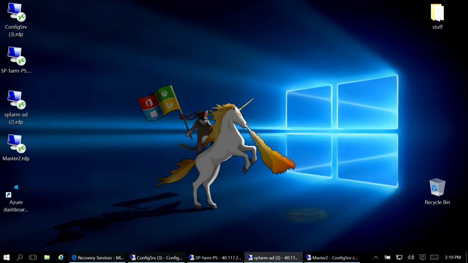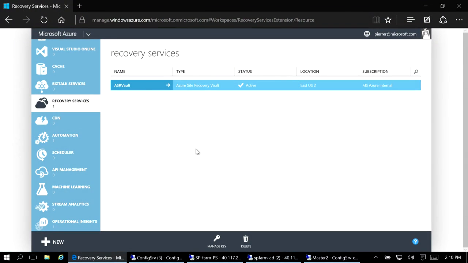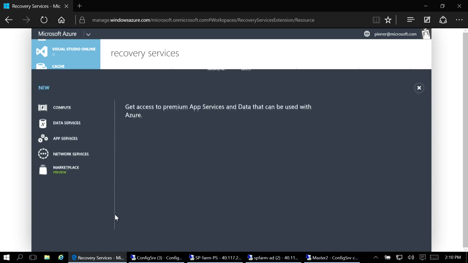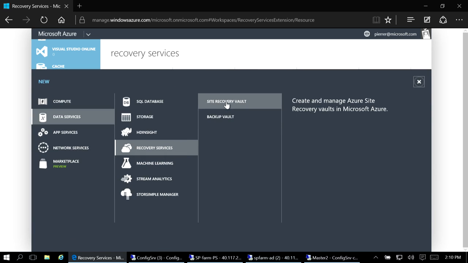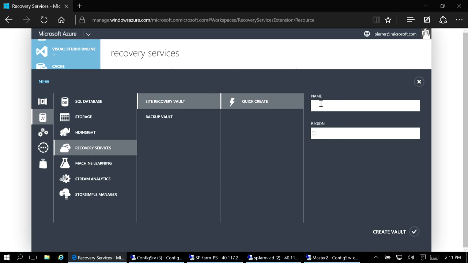So if I look at my recovery services, my Azure portal, straightforward. In the data services, recovery services, you can set up two things, your backup vault or your site recovery vault. Eventually, the roadmap calls for them to be merged into one vault, but for now you have to treat them separately. So I go to site recovery vault, create, I'm going to give it a name, test